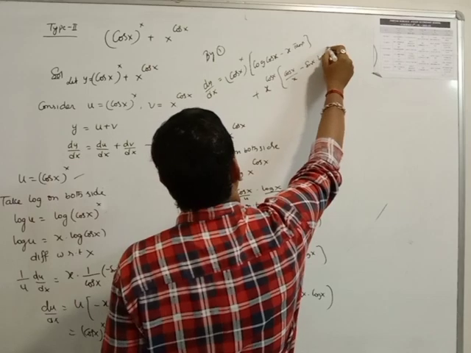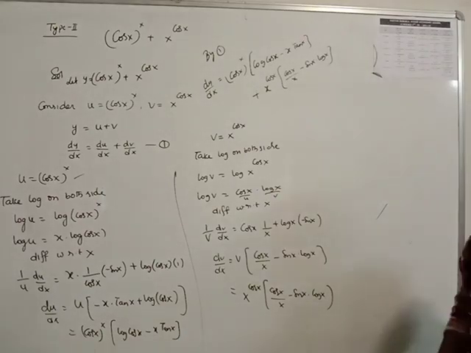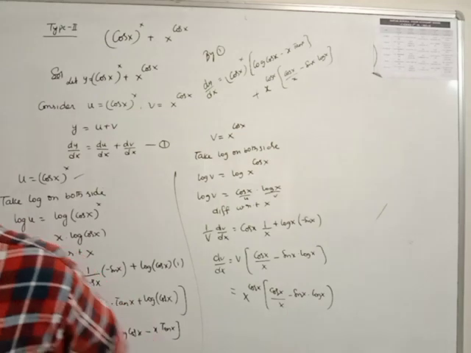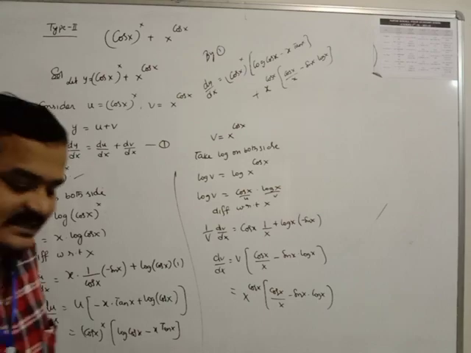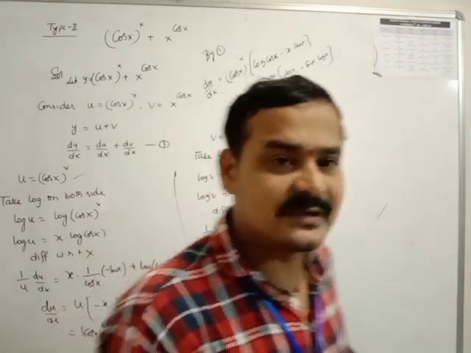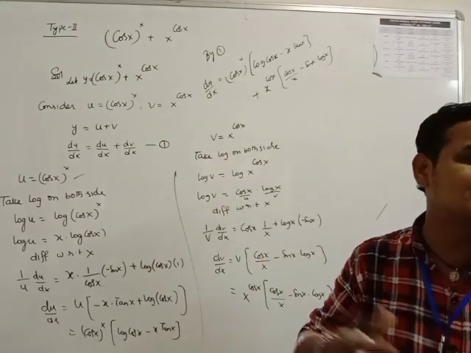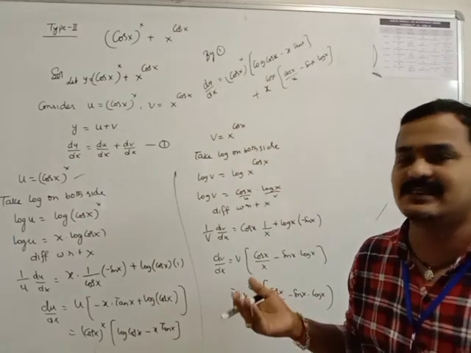This is a very important long answer question. You cannot apply the log directly when the problem is given as a summation of functions. These problems are given as function to the power function, but with a summation or subtraction. You cannot apply the log directly. In such cases, you consider the summation functions as u, v or any other. If three are given, u, v, w, then finally you can differentiate and substitute.